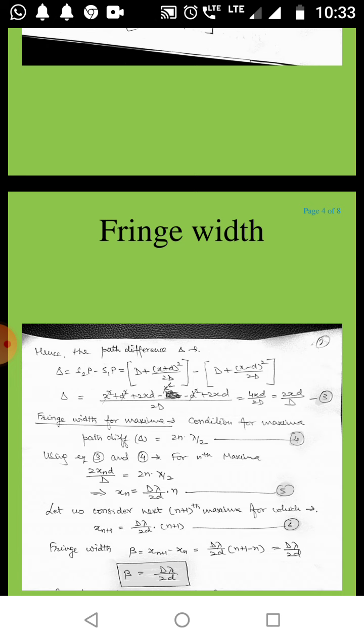By the definition of fringe width, we know that it is the difference between two consecutive bright or two consecutive dark fringes. Therefore, beta is equal to x(n plus 1) minus xn, which is equal to D lambda upon 2d in bracket (n plus 1 minus n), which is equal to D lambda upon 2d. Therefore, beta is equal to D lambda upon 2d,